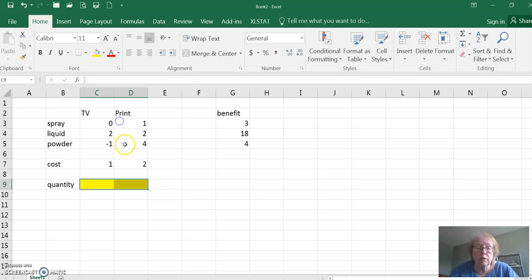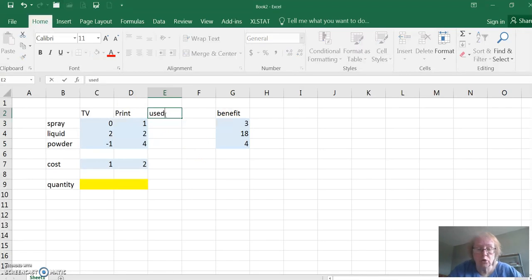They're going to be yellow. All this information was given to me, so that's going to be blue. And this is going to be blue, that was given to me. And these benefits are going to be blue. Now this problem, I want to achieve these benefits, so I'm going to have to put my used or achieved